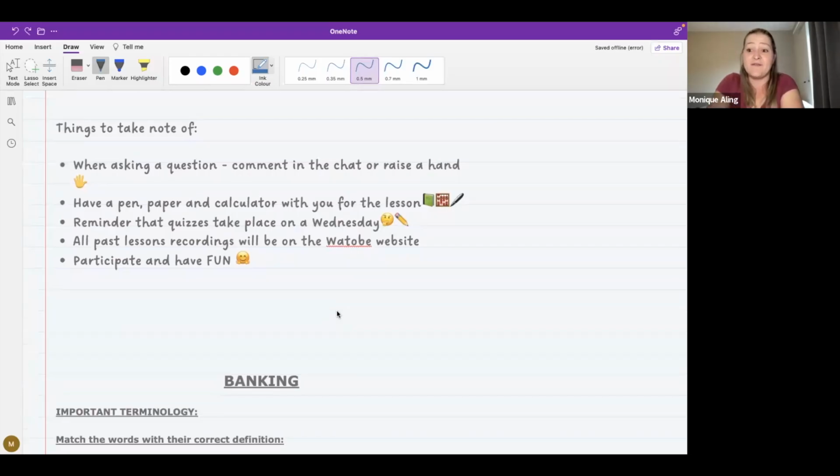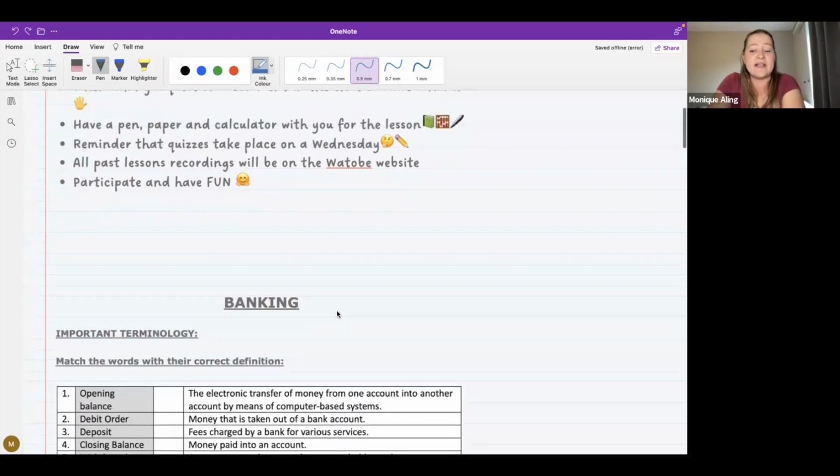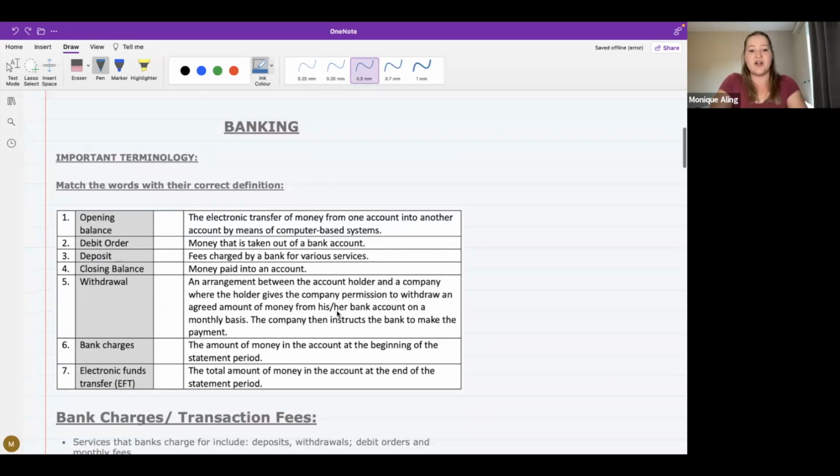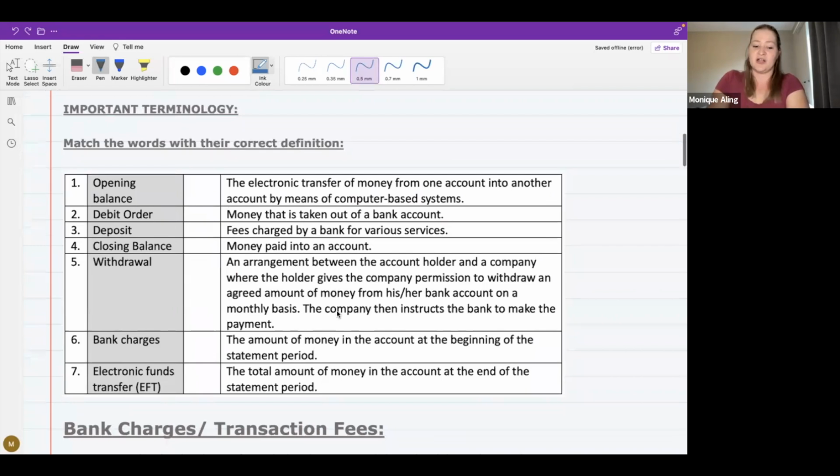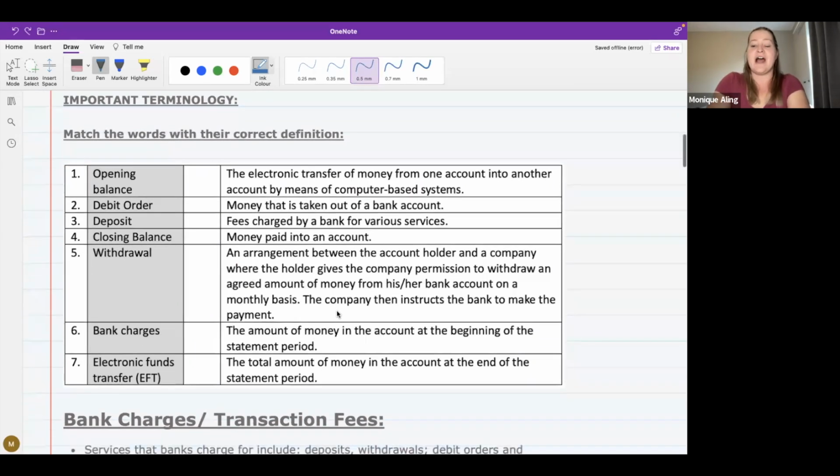We're going to look at banking first. And before we get started with banking calculations, we're just going to look at a few important definitions and terminology. So I have made a little match the column table over here. I'm just going to ask you guys to take a quick look at it